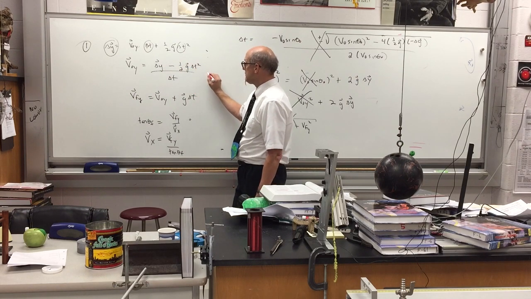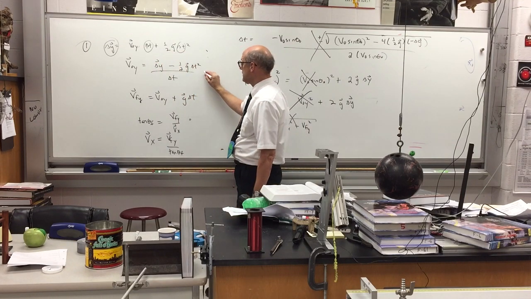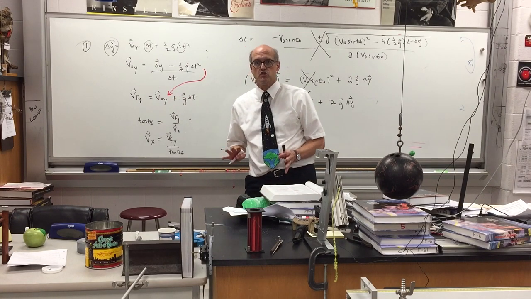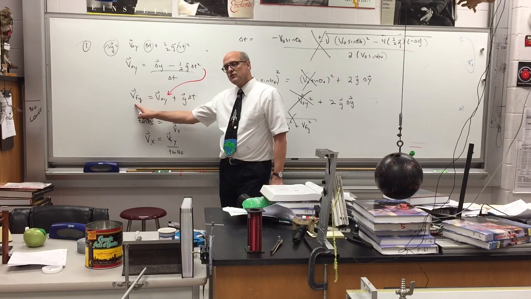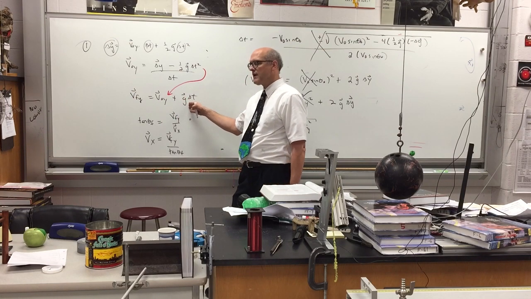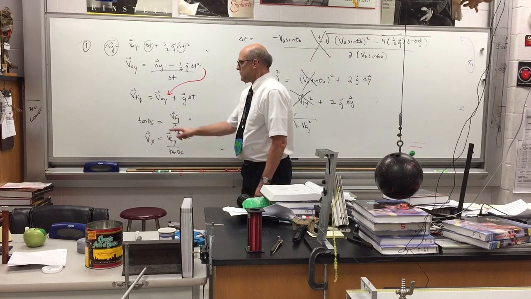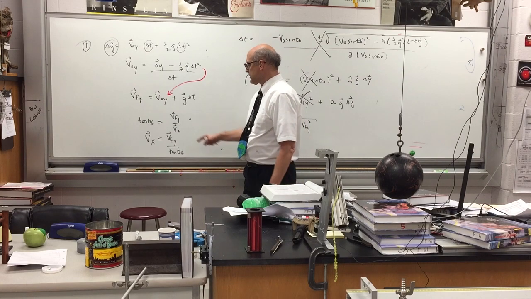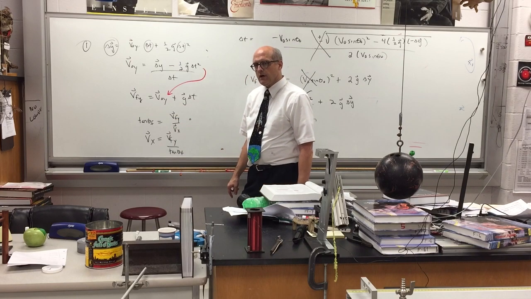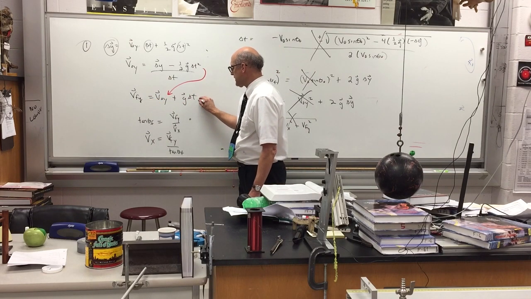I take that value then, or this expression here, if you don't want to plug in numbers right away, and substitute it into this equation, which is a rearrangement of the equation for the definition of acceleration. And we can find the final velocity in the y, which is equal to the original velocity in the y plus the acceleration due to gravity times the time of flight. Once we find the final velocity in the y, we can go to the trig function tangent, and we can write that the tangent of the final angle is equal to the final velocity in the y divided by the velocity in the x. So we know VFY,